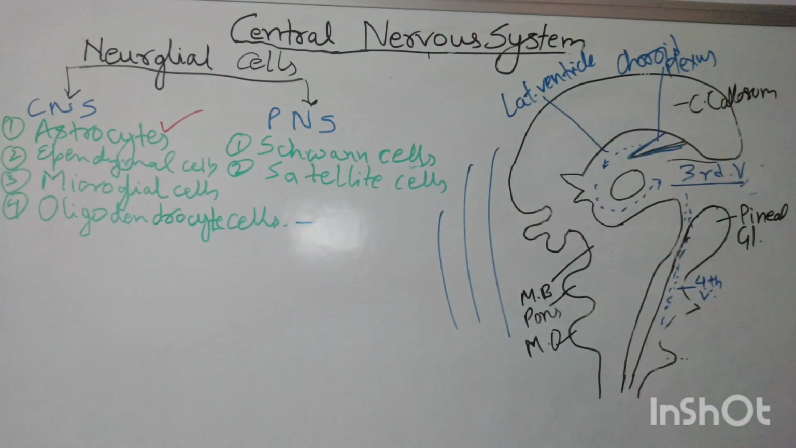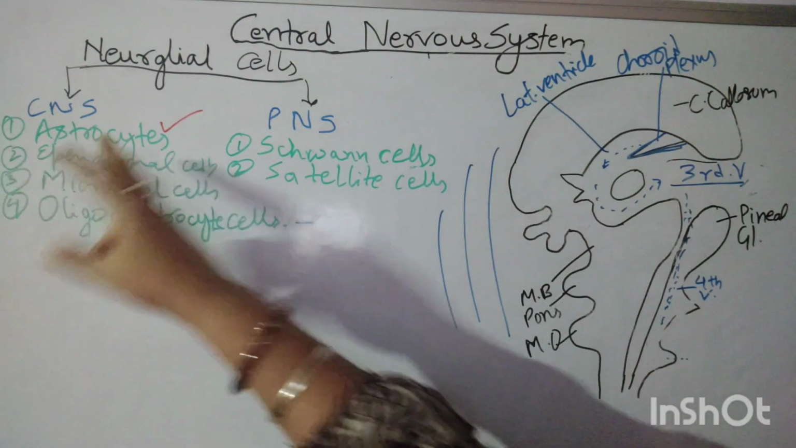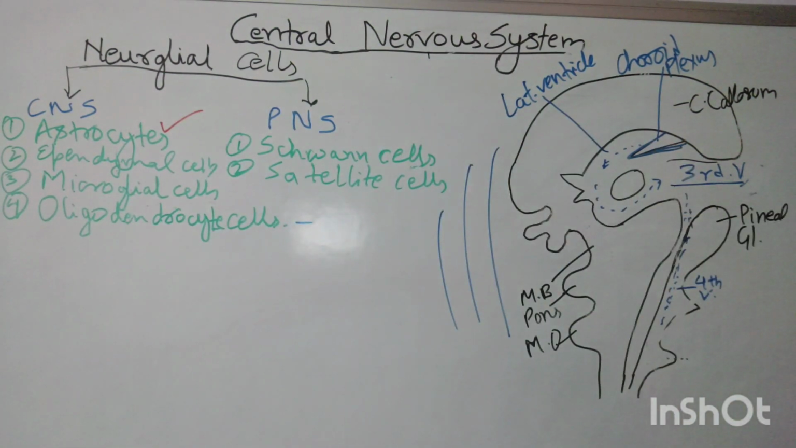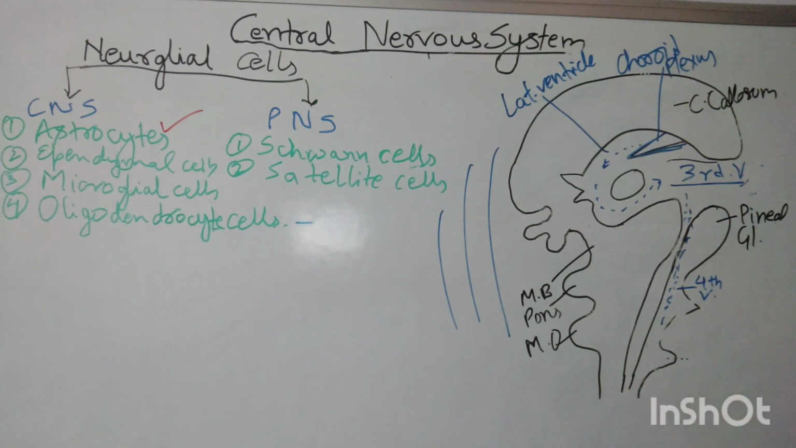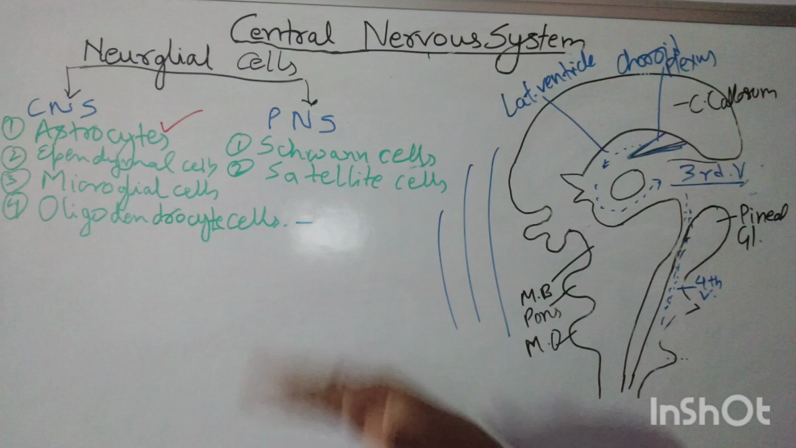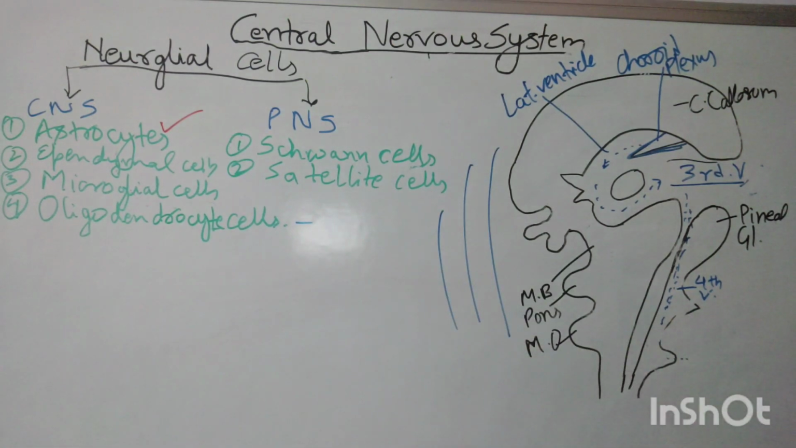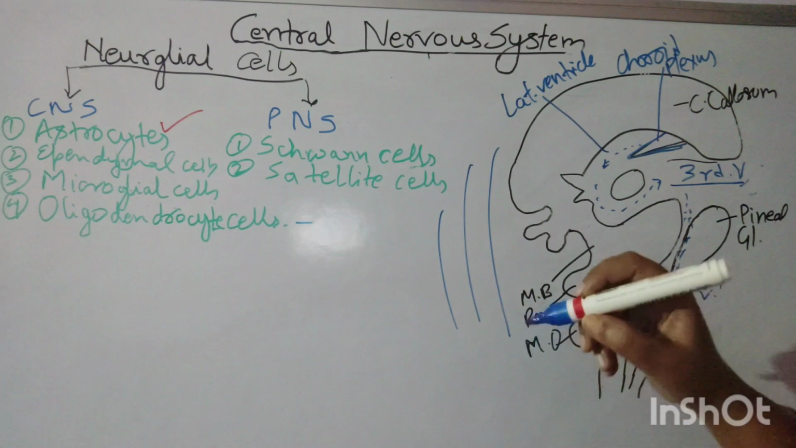Yesterday, in the last lecture, we saw the astrocytes. Astrocytes are the cells which form the blood-brain barrier. It provides a barrier to prevent any poison or chemicals from passing to the brain. It protects the brain, and we have also seen that